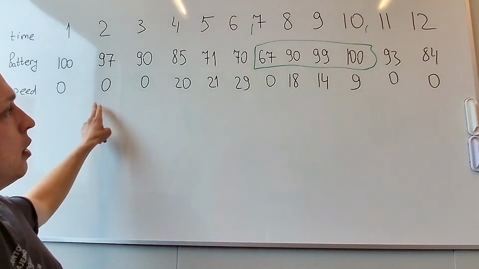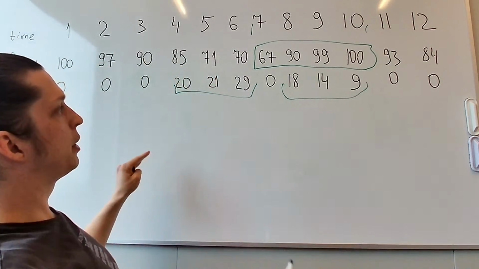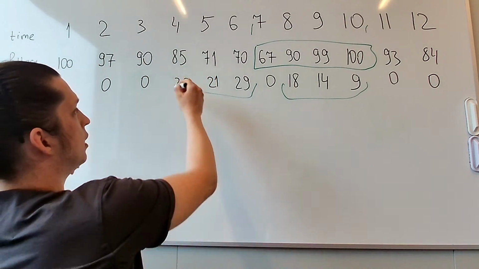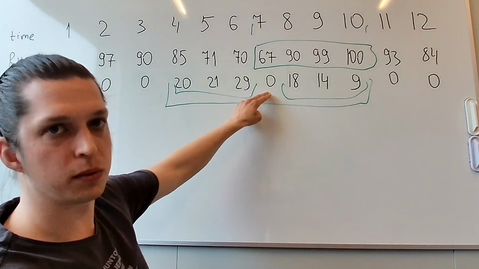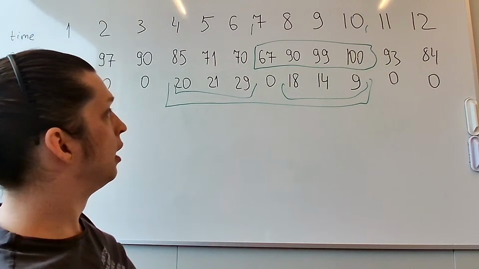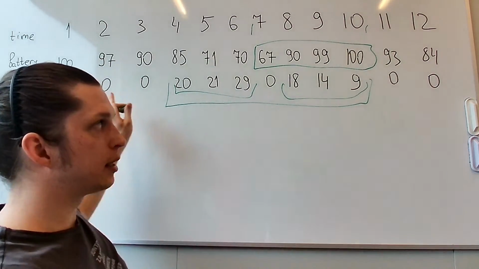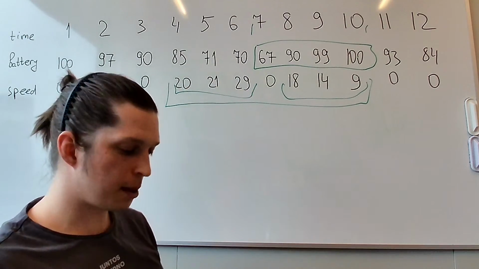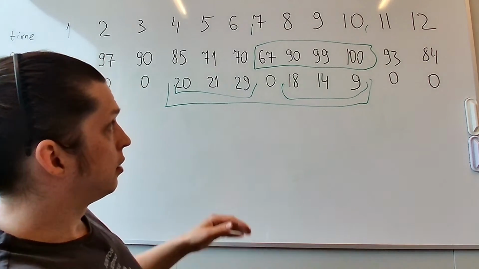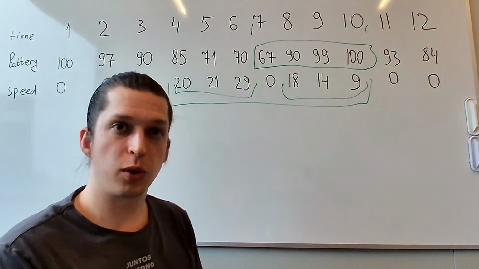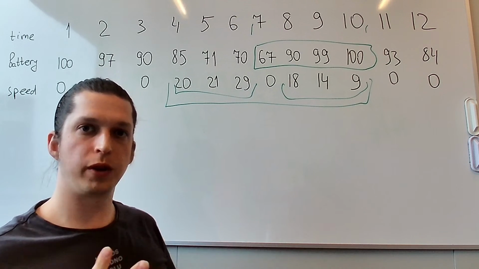Or I can take speed, for example, and see that here is one trip, here is another trip. Or I may say I want all this to be treated as one big trip, and this was just a stop at the traffic lights. So again, this is all about the logic of how to split time series data into valuable data about the intervals.